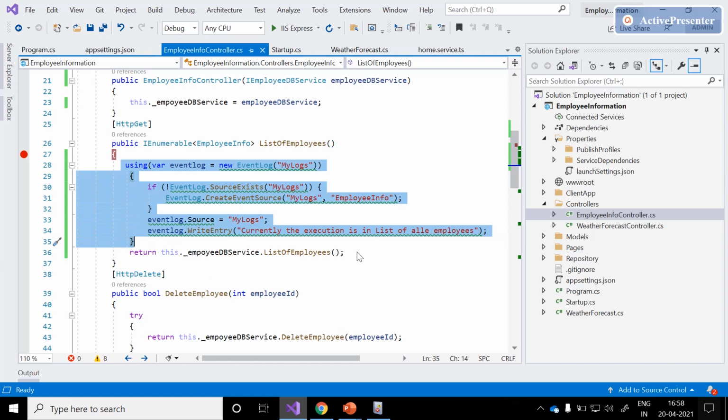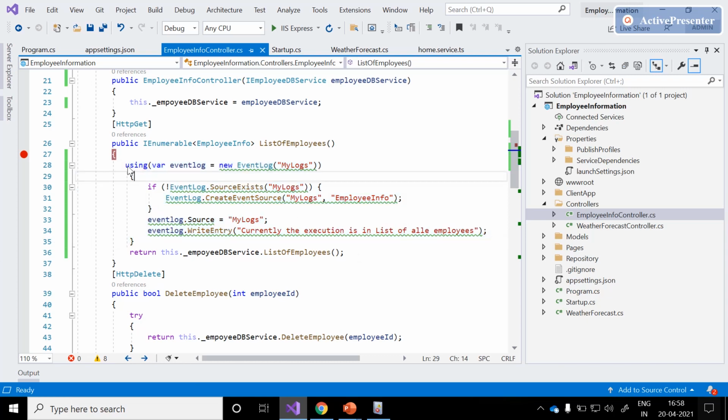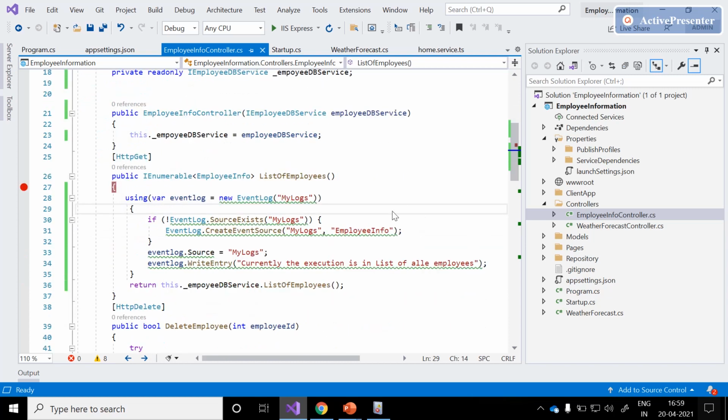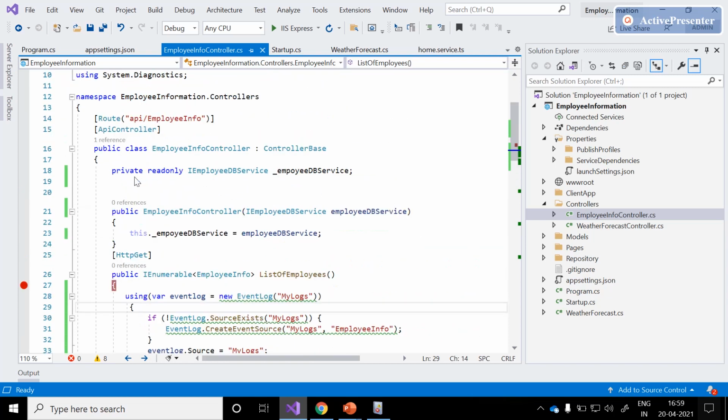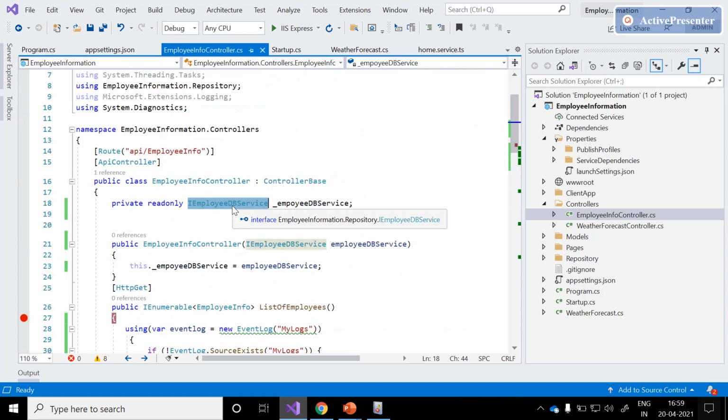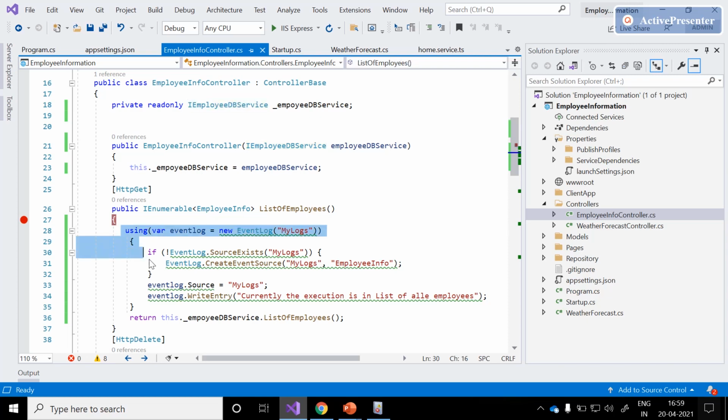Like if you see here, we have an interface IEmployeeDB services which takes the responsibility of the CRUD operations. Like this, create one interface for handling the logging capabilities. If you do that, then this application will fall under the SOLID principles. This is the simple source code, and just save it.